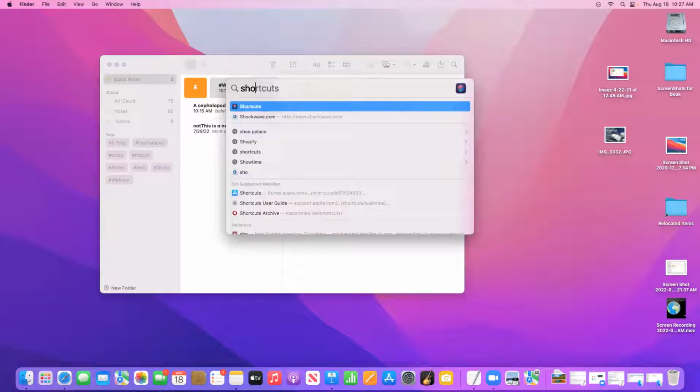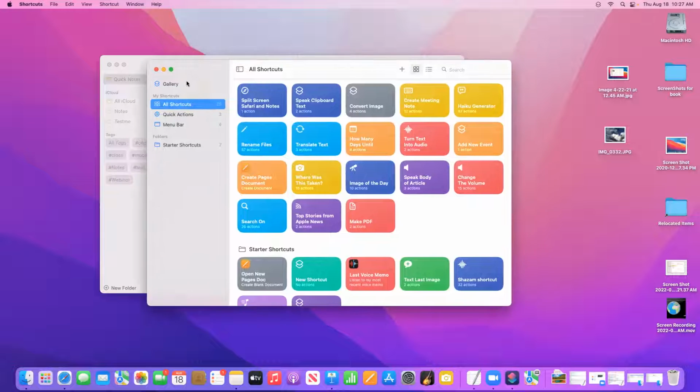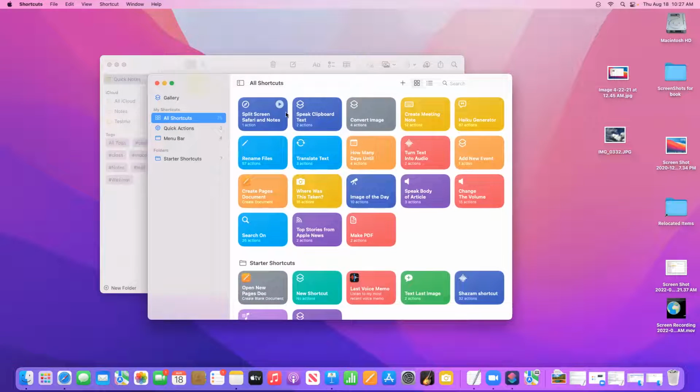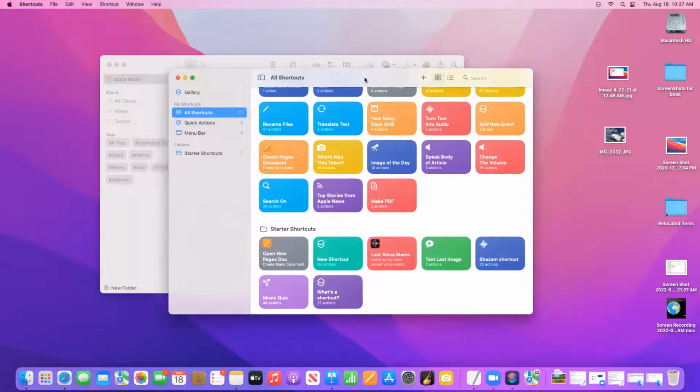Shortcuts allows you to automate tasks on your device. So these are shortcuts that I've added. Down at the bottom, if you launch the Shortcuts app, you can do that a